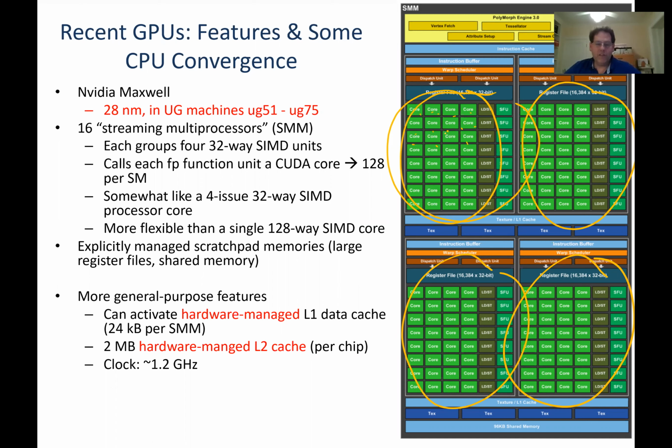It has explicitly managed scratchpad memories. So it's got these up here. Let's see if I can erase some of this. These large register files. Okay, so it's got really large register files so that it can have a whole bunch of live values for different threads. Different threads can be using different registers. So it's got